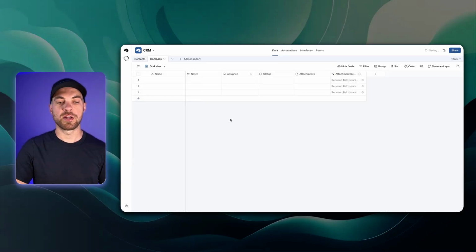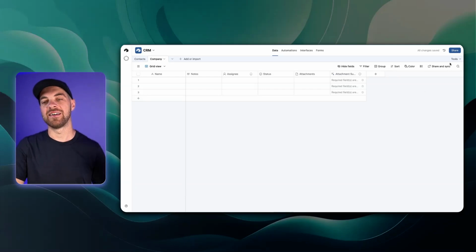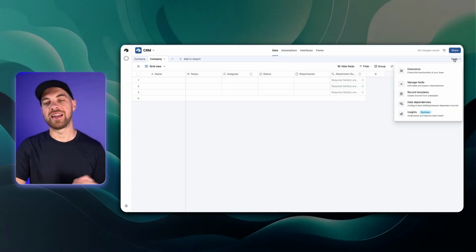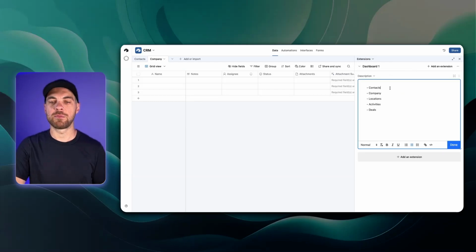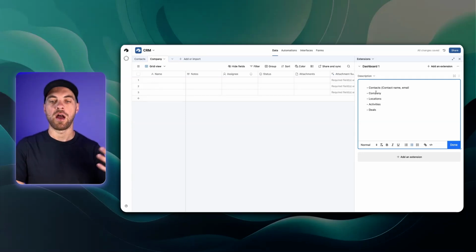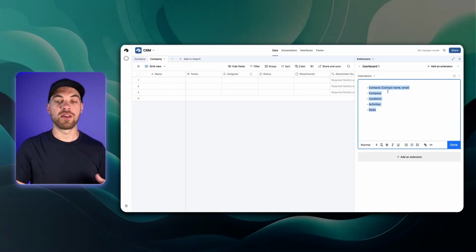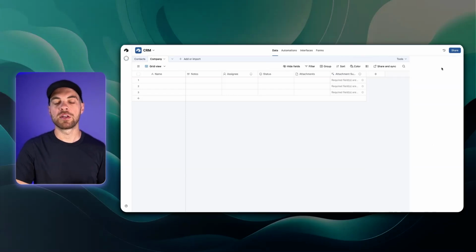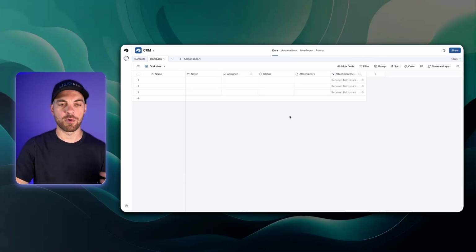And one thing I should mention as well, now that we have the idea of the tables that we need within our CRM, you should probably take it a step further, maybe add in all the field names that you want to include, like contact name, email, and so on. I would add in all of that within your note. And then from there, you come into the AI option built into Airtable and say, create me the following tables with these field names, or something along those lines. And it does a pretty good job of creating those tables,